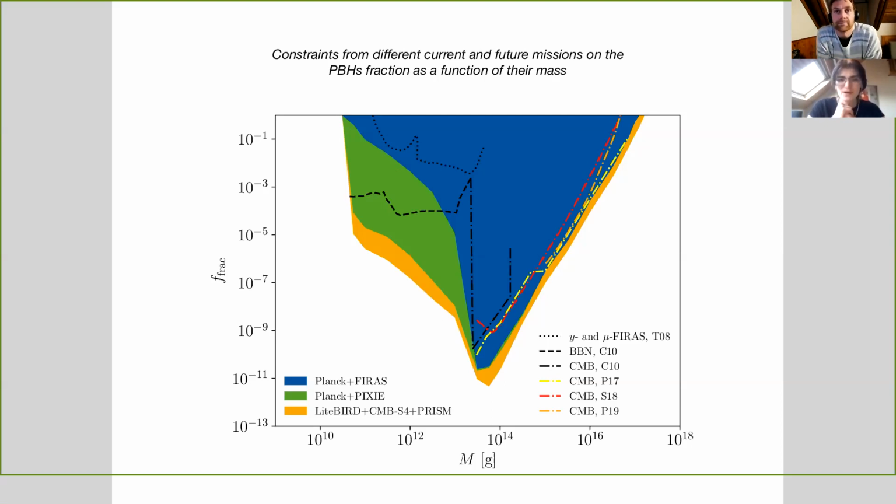I was going to say that we focused on some test cases here, but there's a lot of other models that we just mentioned and didn't focus on in this paper. For example, dark matter interacting with baryons is going to heat the photon bath. Dark matter interacting with photons is going to heat the photon bath. These are models that we have the framework in place. It's actually a future project to constrain these with spectral distortions as well.